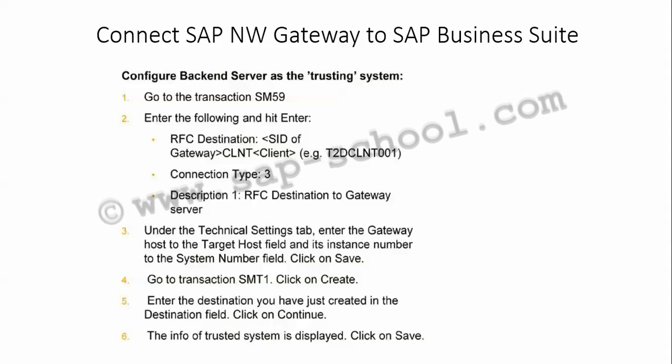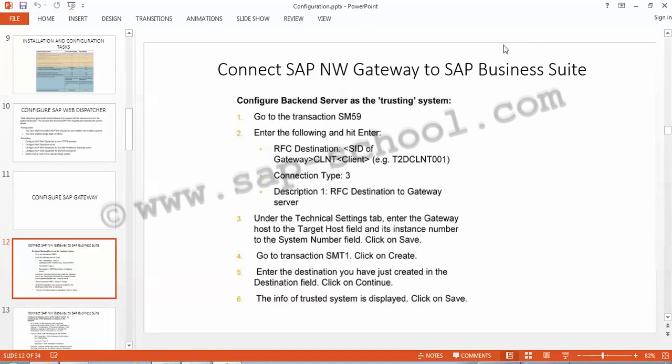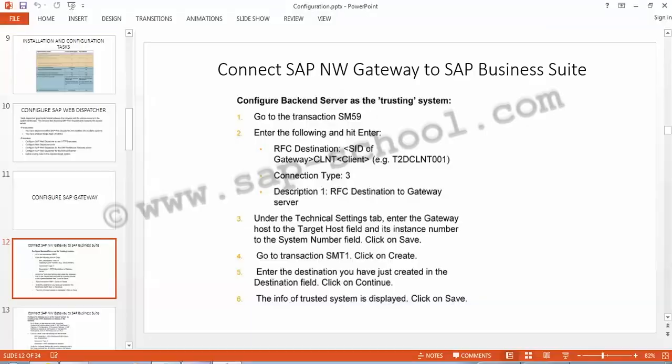So we have to log into our system remote desktop where we have our SAP Fiori installed. So just a minute, it is taking a bit of time. I'll just check that. Okay, so it's here. So first of all, I have to go to my backend system because I have to configure my SAP system as a trusting system. So I'll just log into my backend system.